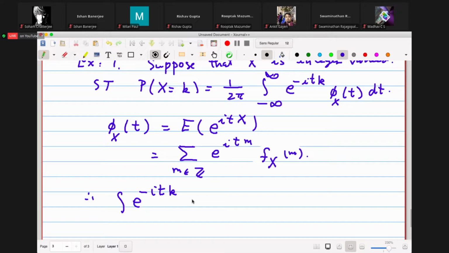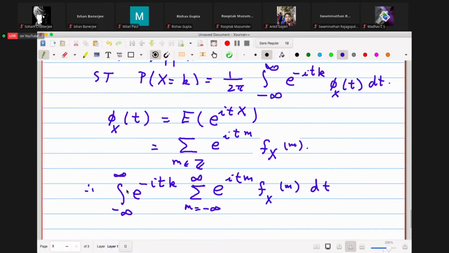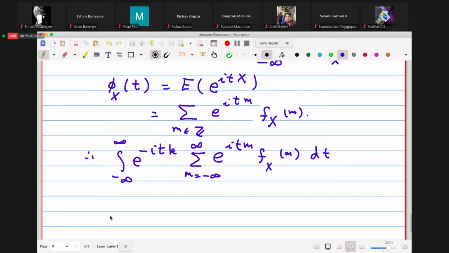e power summation e power itm fxm, and m goes from minus infinity to plus infinity dt. This is from minus infinity to infinity. So it looks like a complicated mess, but it's not so. So for the integral, I just interchange it, minus infinity to infinity